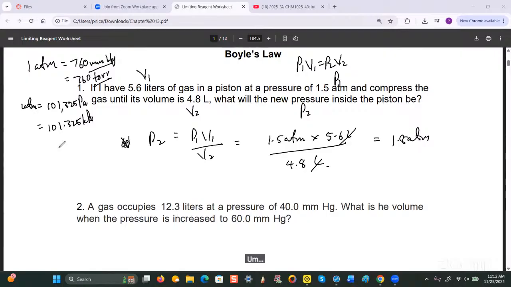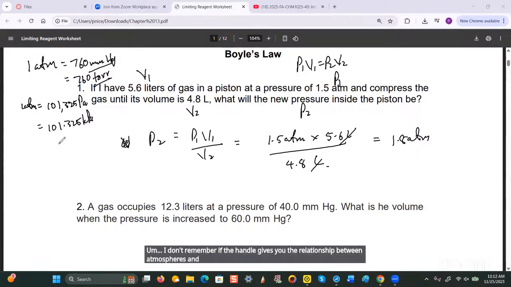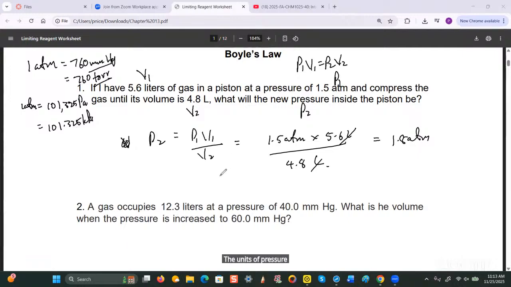I don't remember if the handout gives you the relationship between atmospheres and pounds per square inch, but I won't go into that right now. So these are pretty much most, if not all, the units of pressure that you will encounter in this chapter, all right? Okay, so if there are no questions about this, let me clear all this here and scroll down